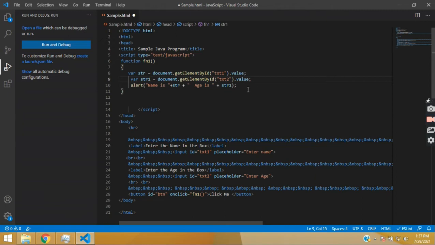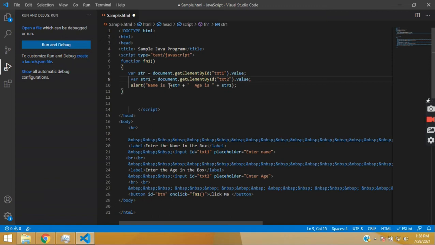Now after getting the value, we want to display the message on the screen, whatever value we have inserted. So we use alert, then round braces. Because we are entering the name first, we write double quotes, name is.